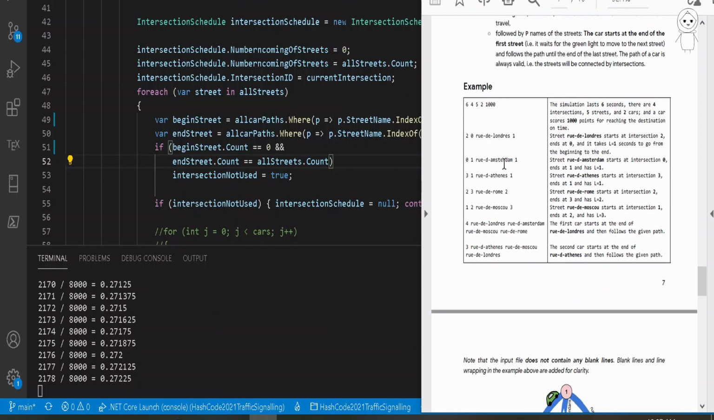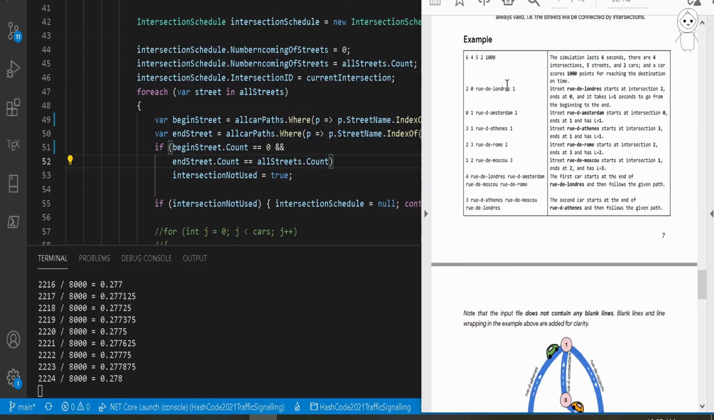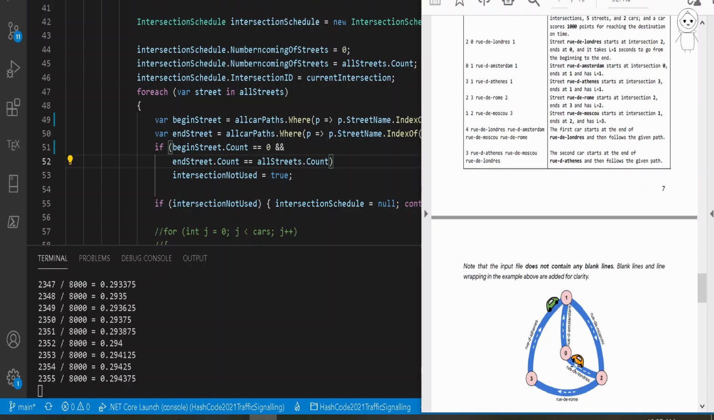Look, we are looping through the streets, right? So here Londres is the incoming street for this intersection. Londres is also an end street for this path. So I'm saying in all of the car paths and all the incoming streets, I'm lost. Here, if we're saying it's not a begin street, it's again about the intersection, but the end is